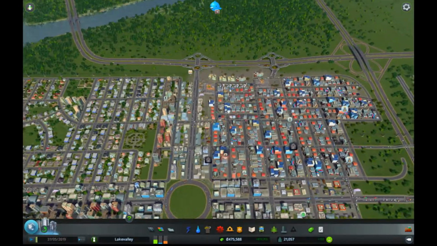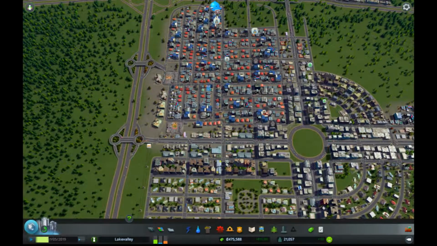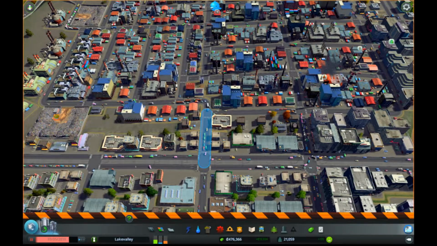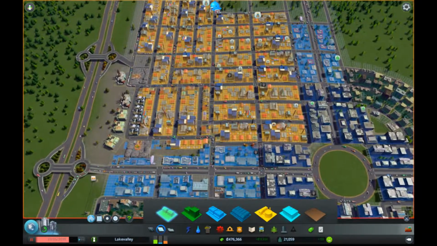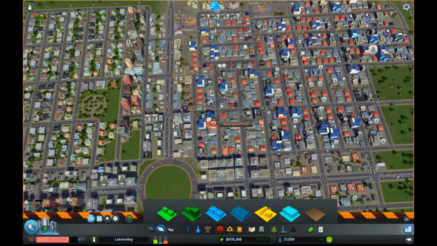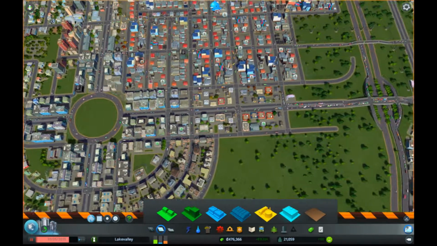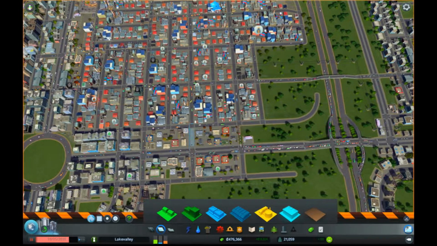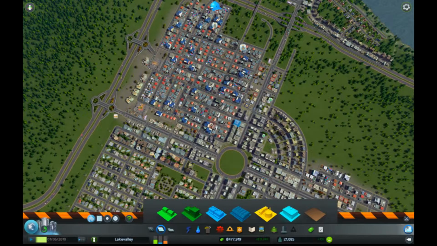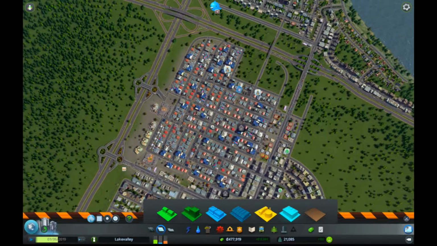Okay. So yeah, we really want to isolate. I think we want to isolate this entire industrial district from the commercial and the residential. So let's switch to zone view just so we can get a better view of this. I'm going to take out this road. And I'm actually going to take out some of these roads as well. Actually, ultimately, I don't want this whole thing full of industry anyway, but...